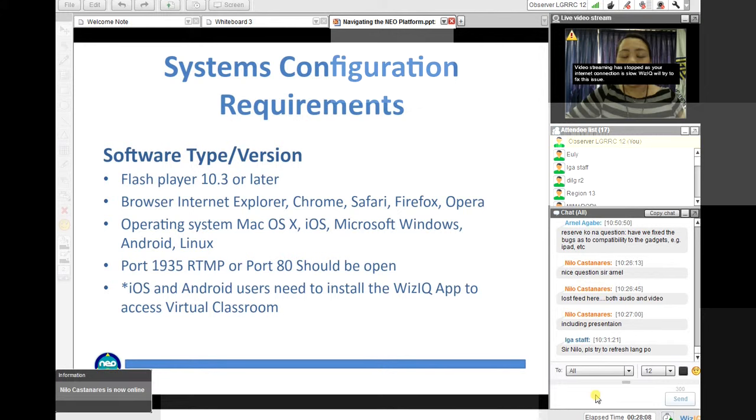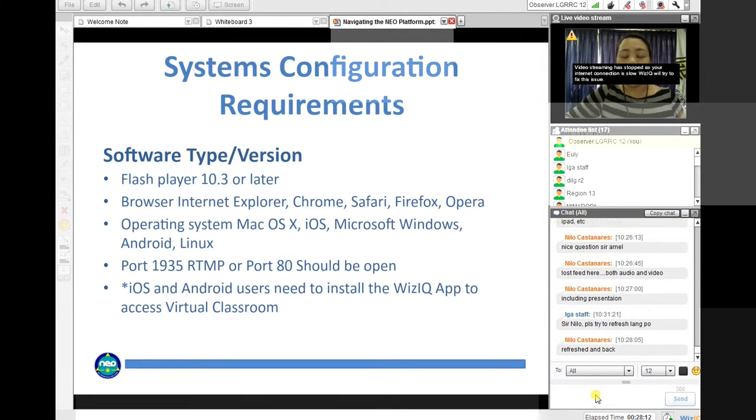Okay. Yes. Kung kayo po ay nahuli, kung hindi nakaka-view ng presentation, you just need to refresh but you don't need to log out. Just refresh the browser. Okay. That is in terms of software type and version. Okay na. So, yung mga gustong tumingin,